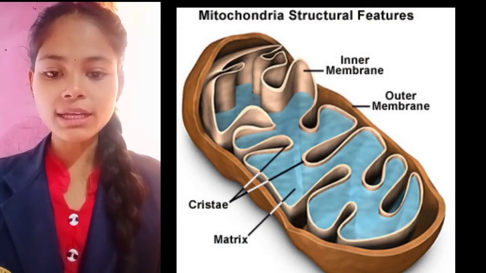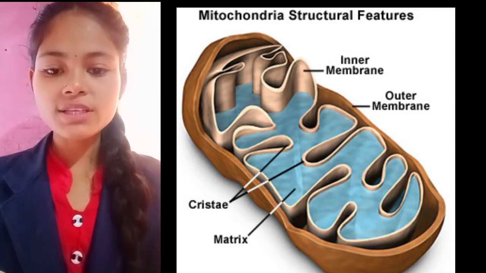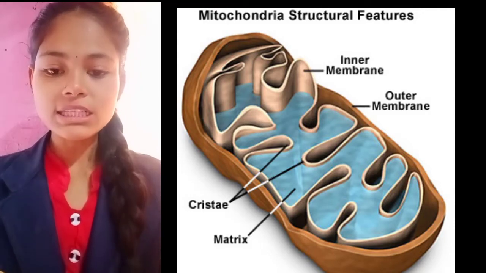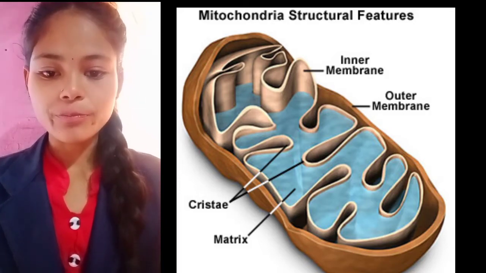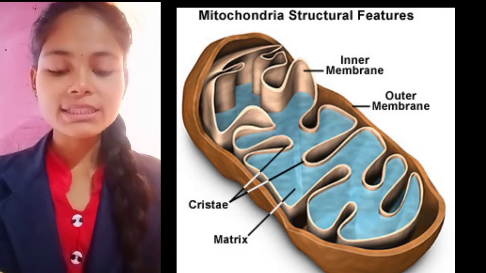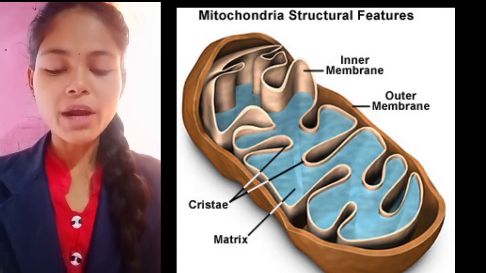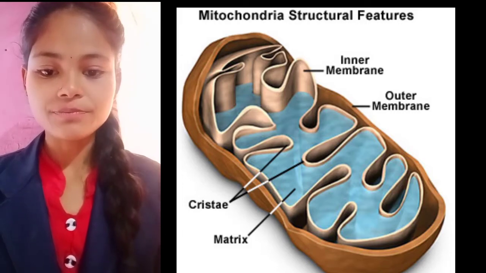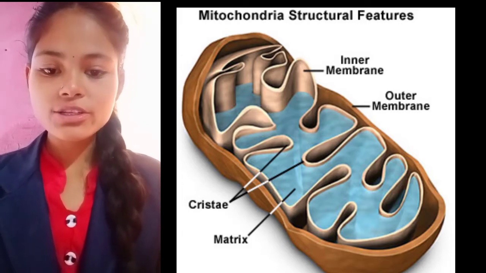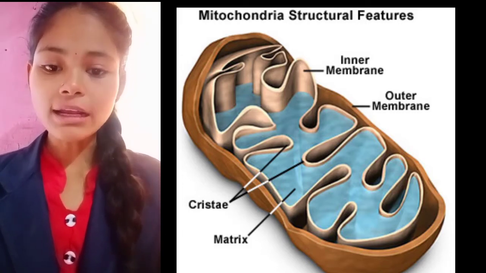If you look at the structure of mitochondria, it is double layered. The outer layer is porous and the inside layer is made up of many folds, which in turn increases the surface area for the synthesis of ATP. In this way, they provide the necessary energy required by the cell, and that's why they are called the powerhouse of the cell. Why does the cell require energy?